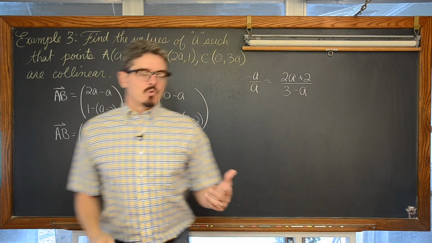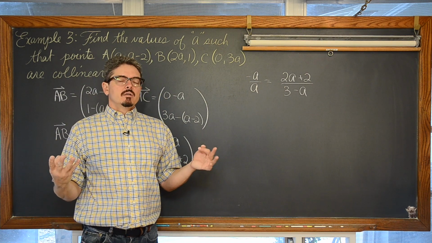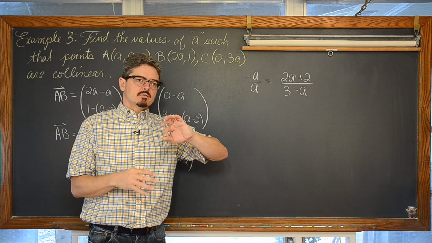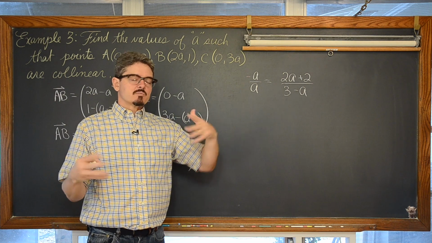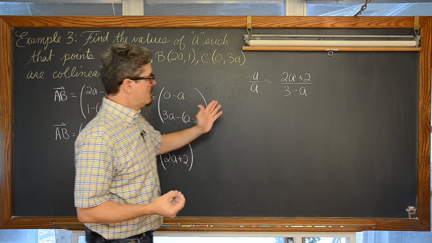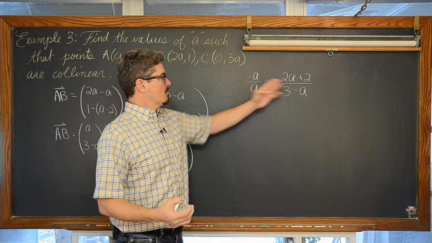Like in that previous example, one more time, if we had gotten a ratio of 5/2 and 7/2, then there wasn't a constant scalar multiple that connected or related all of those corresponding components of those two vectors. So these ratios have to be the same. So all we have to do now is solve for a that would create equal ratios.